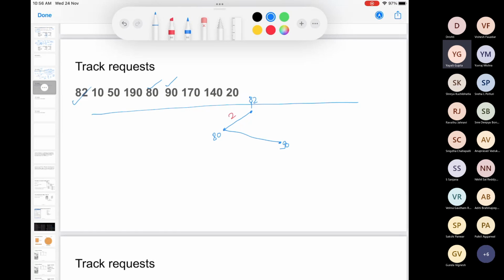Okay, where after 90? 50. Okay. 20, 10, and then these requests are pending, right? So you can go all the way to 140 and then 170 and then 190. Can you compute the seek time now? Again, assuming it to be 1 millisecond for adjacent tracks.